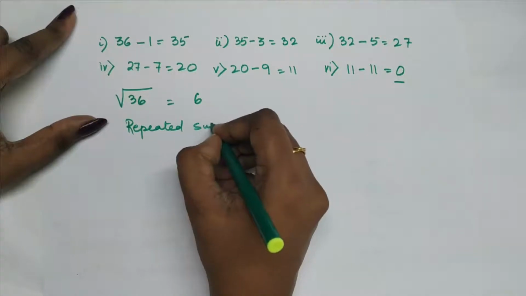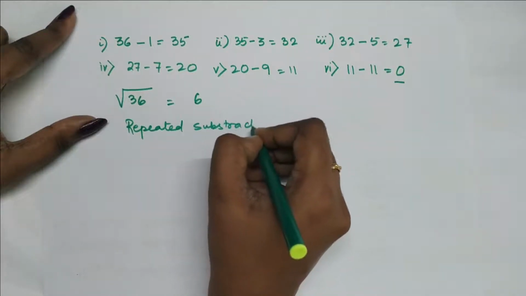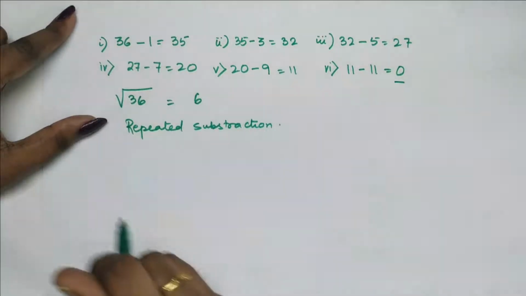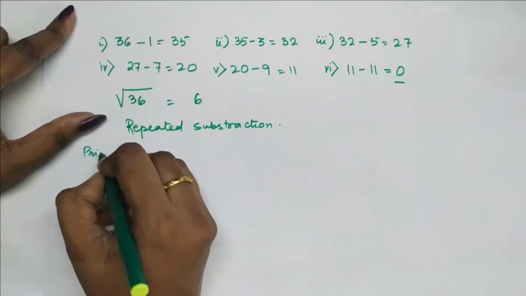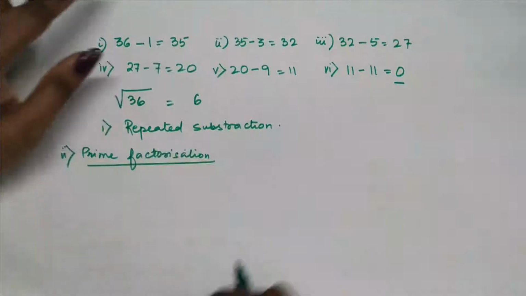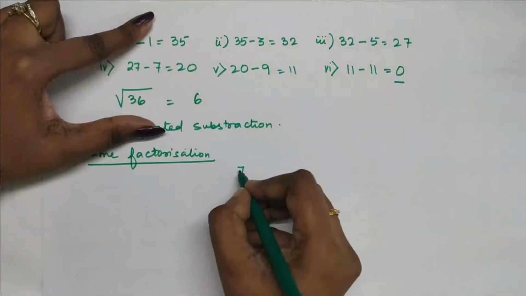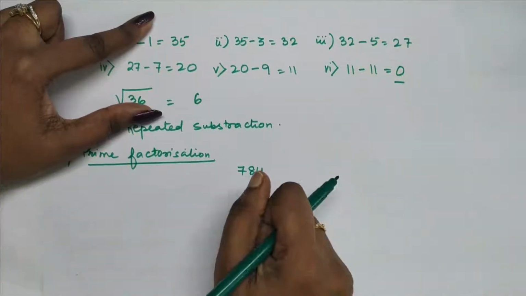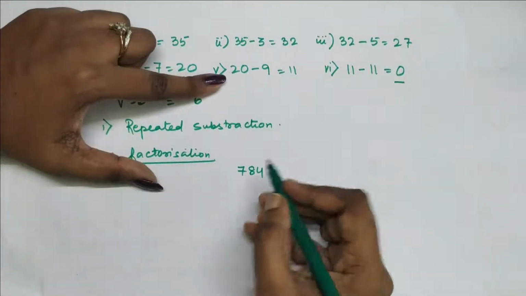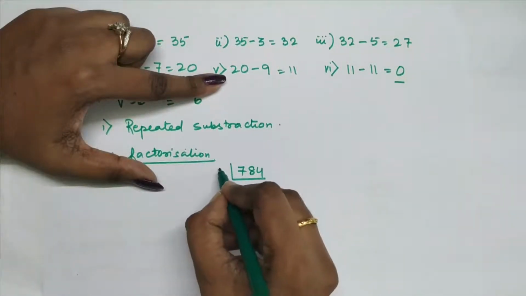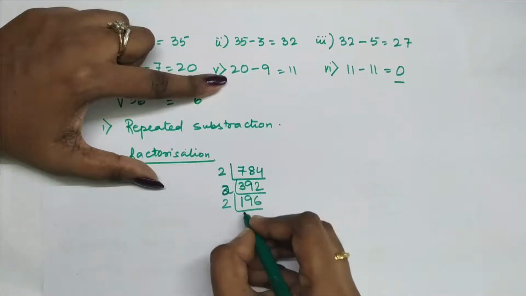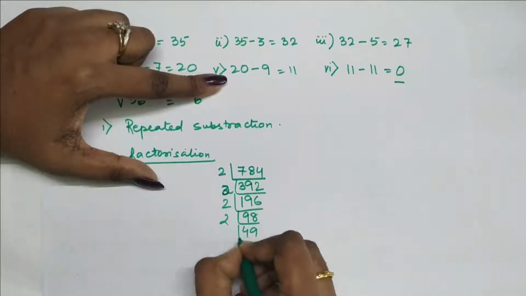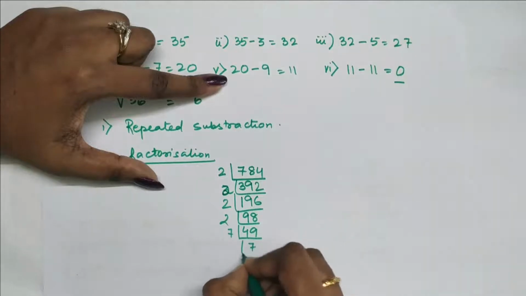But this may be very difficult for you if you have a very big number. So the next method that I am going to tell you is the prime factorization. So suppose you have number 784 and you have to do the prime factorization. So we will only use the prime numbers starting with 2, as you can easily divide it. So I'm dividing it with 2 till I can. Now 49 can't be divided by 2. You know 7 sevens are 49.